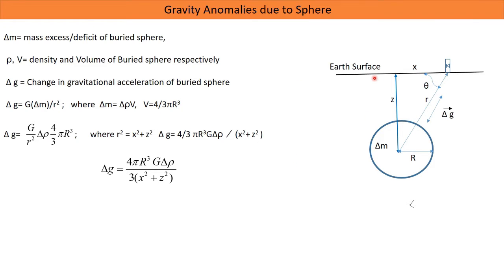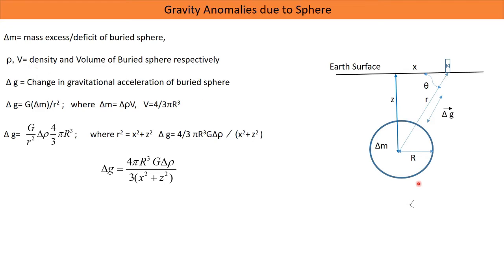So you can see there is a surface of the earth and there will be a sphere buried within the surface. So what are the terms? First let's see, there is a delta m. Delta m means mass excess or deficit. Suppose there is a body within the host rock, and the host rock is having higher density than the body, then it will create a deficit of mass. Otherwise, if the body is having higher density than the host rock, then it will create a mass excess, and